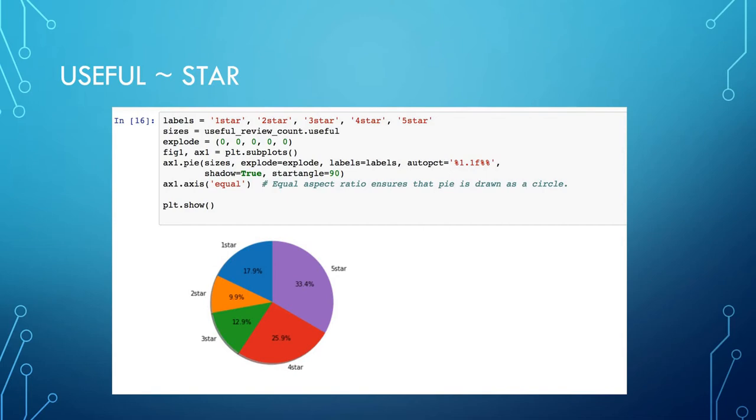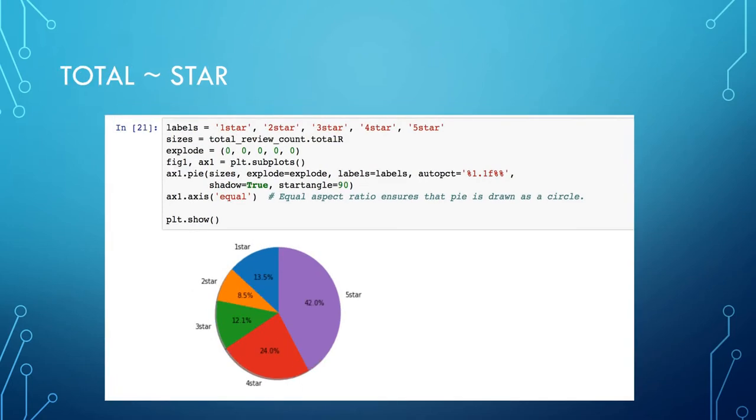And so the first thing we wanted to look at with rating is the usefulness of a rating. We got the count of useful votes for the comments per star rating and found that 33% of the useful comments are in the 5-star rated category, 26% are in the 4-star rated category, and 18% are in the 1-star rated category. Just this information by itself may not be very useful, so we continued our analysis